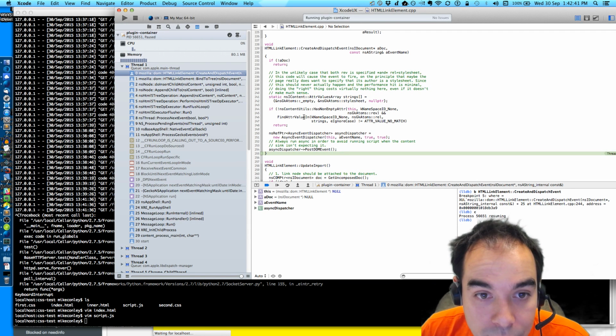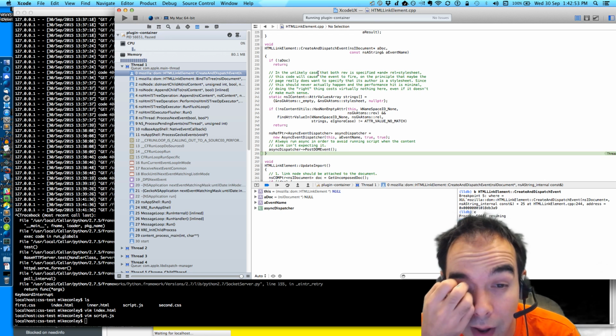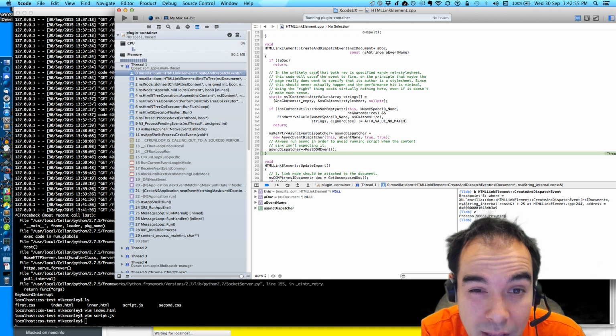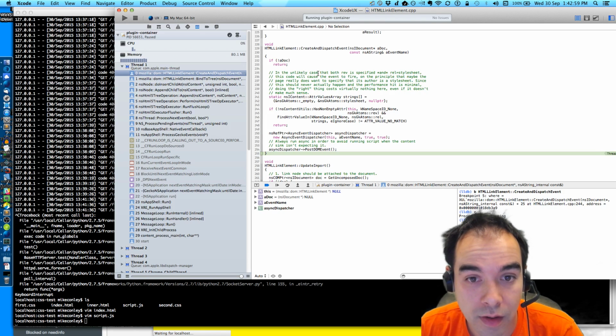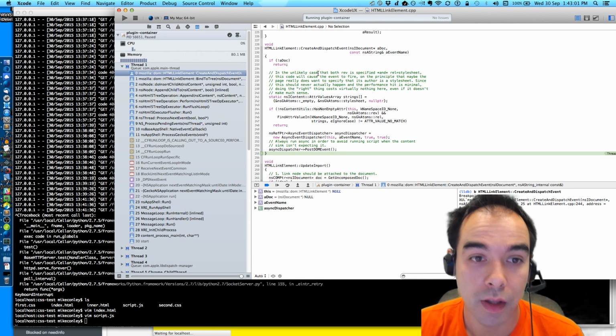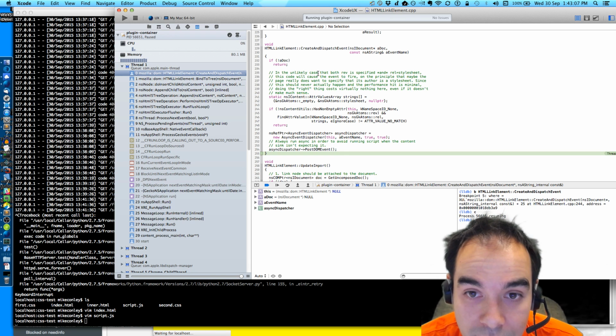If find attribute value in no names, what, and rel strings ignore case attribute value no match. So what does this comment say? In the unlikely case that both rev is specified and rel equals style sheet, rev is specified. This code will cause the event to fire on the principle that maybe the page really does want to specify that its author is a style sheet. Since this should never actually happen, the performance is minimal.